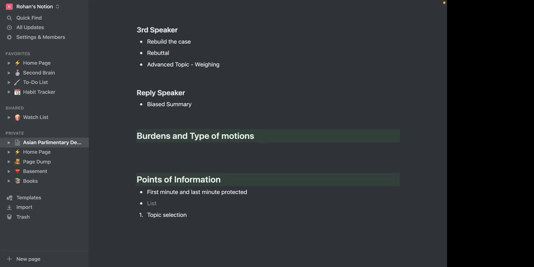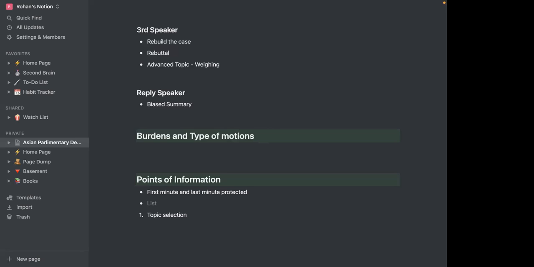Taking none at all is also a bad idea, because number one, it shows the judge that you are scared of the other team. But number two, because you're not able to actually respond to them. If you just focus on giving your own argumentation and do not actually respond to the other team, you cannot take down the other team. It's only when you take points of information, it's only when you engage with the other side, that you are able to show why their argumentation is bad.